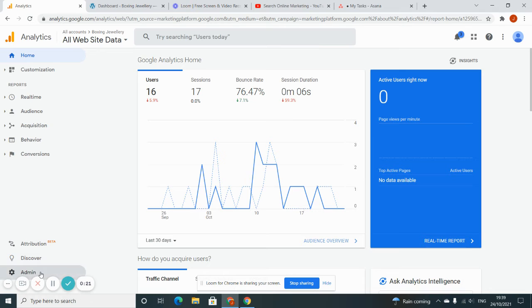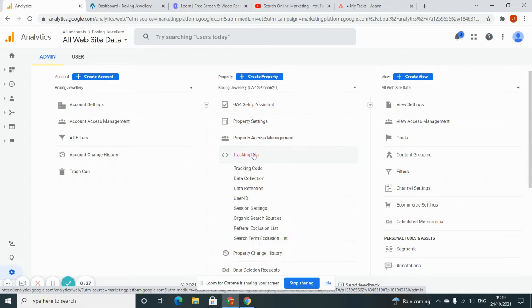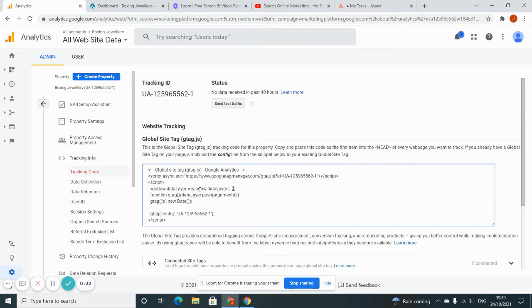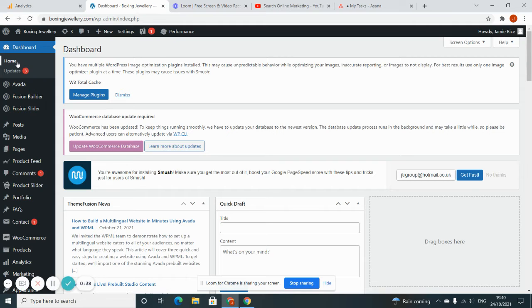So once you're logged into Analytics, if you go down to Admin, click Tracking Info, Tracking Code, then going to copy the snippet code here, go into the dashboard of your WordPress site,